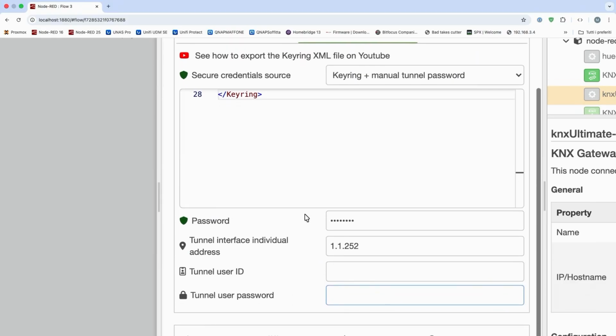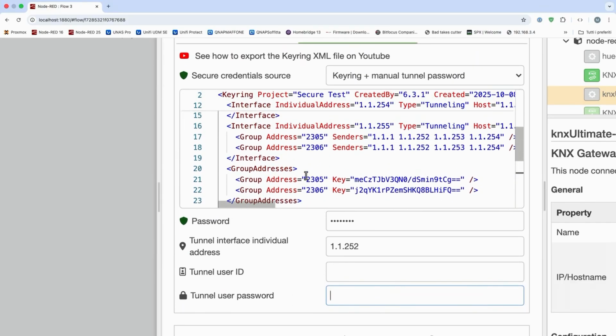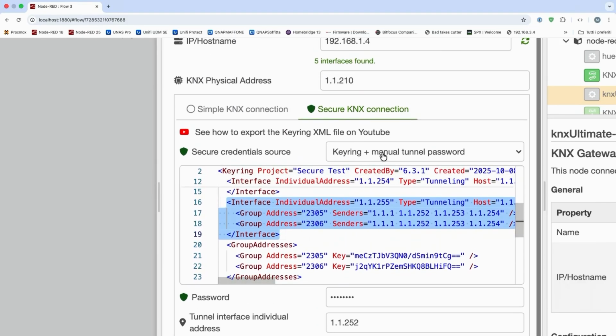For devices for which you haven't set the interface's individual address tunnels in the KNX keyring file, you can select to manually insert the tunnel password.